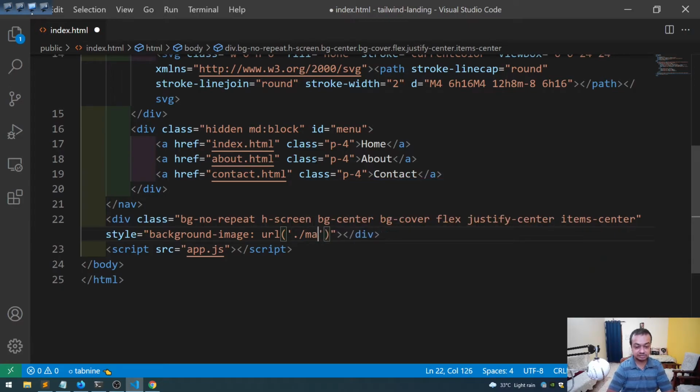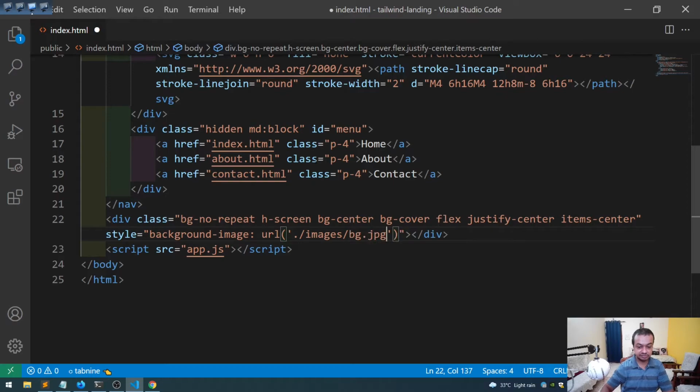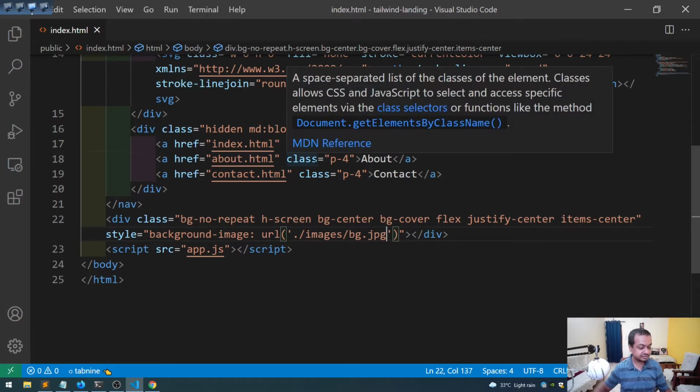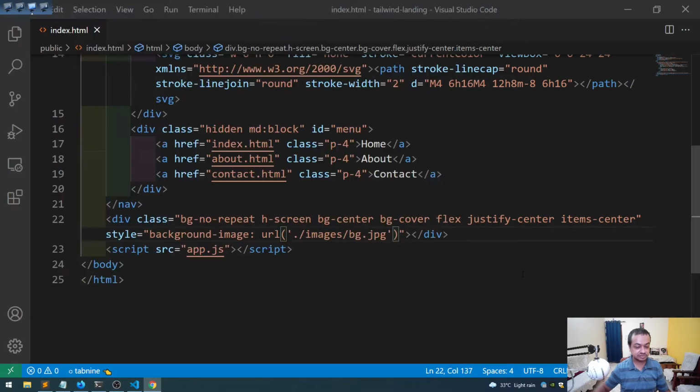Images, I should spell it right, images, bg.jpg. Now let me save it and come back, and it is showing perfectly. Okay, the image. Now we want the text inside the image. Okay, for that,